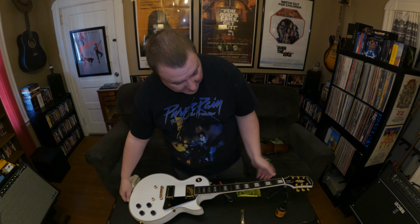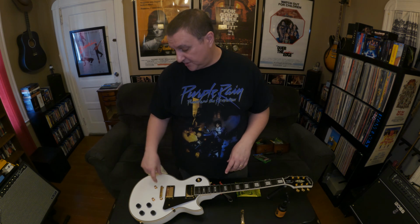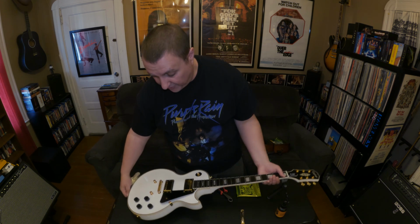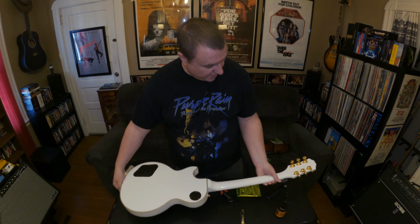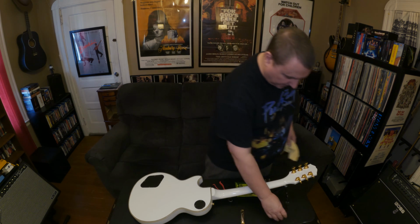Right now, typically speaking, if this was a regular ABR bridge and it wasn't clipped on, when I tip this thing over to clean the back part, it would fall. But it won't fall because it is actually